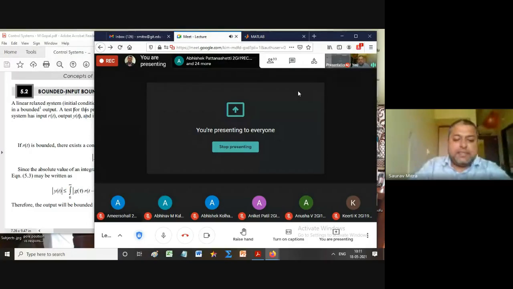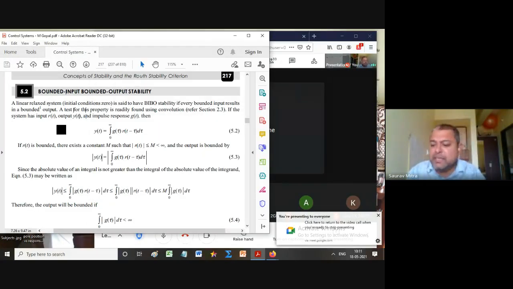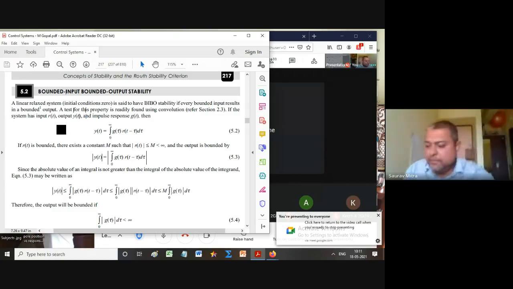What it says is something about bounded input and bounded output. Now you have done something which is called convolution. So what is the exact application of convolution? You will find here. So first thing is experiment number 4. This is stability, step response, impulse response, ramp response. All those things we will see how to find.